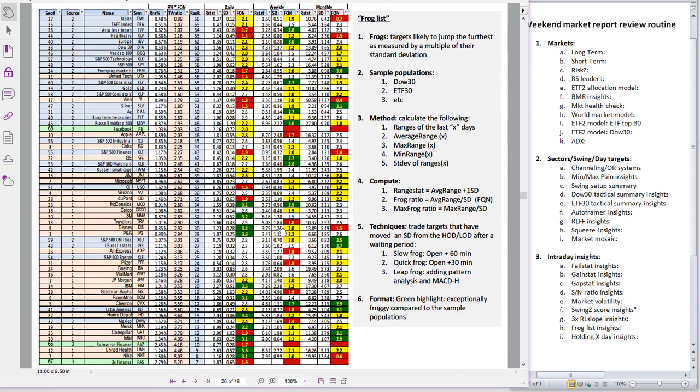The last one here, this is where I would drill down and look at the specific symbols that I've collected, and I'm looking for insights from these frog lists for daily and weekly. I don't do anything with the monthlies yet, but I'm really looking mostly at where my favorite targets are in terms of their daily frog numbers. And for swing trading, it's possible to use weekly frog boxes as a measure of noise versus signal in swing trades, and I'll cover that more in another video later this week. But that's my read on the markets now, and I spent a little more time on the process and these sections than I did on